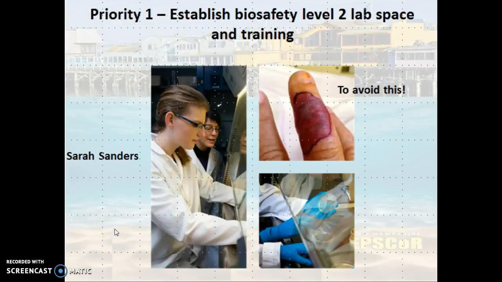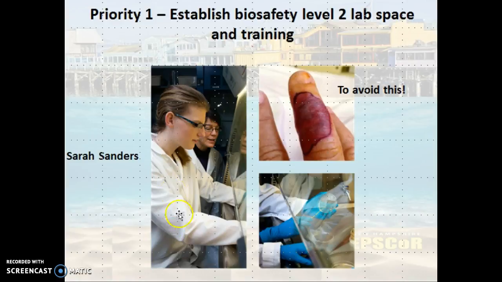So one of the things that you have to do if you're going to culture Vibrio vulnificus in your laboratory is you have to respect the organism and you have to follow the appropriate rules and protocols. So priority 1 in our lab environment is to establish what are called Biosafety Level 2 areas and protocols and training methodologies. Because this is a potentially dangerous pathogen, we have to be sure that we handle the organism